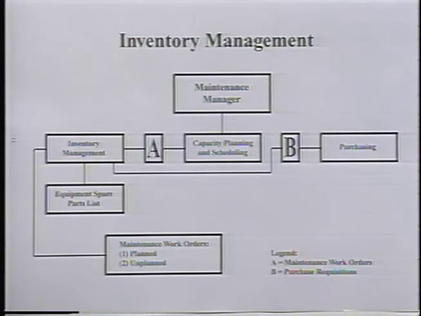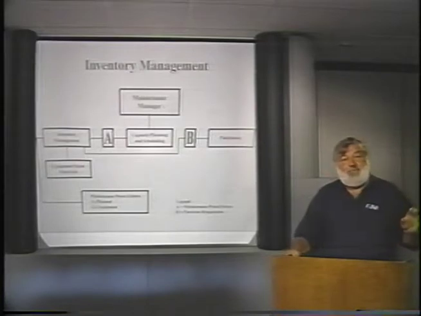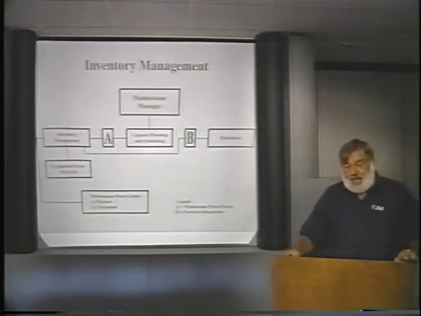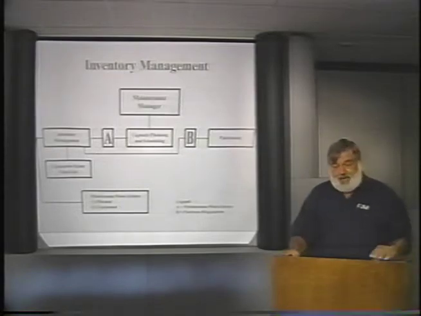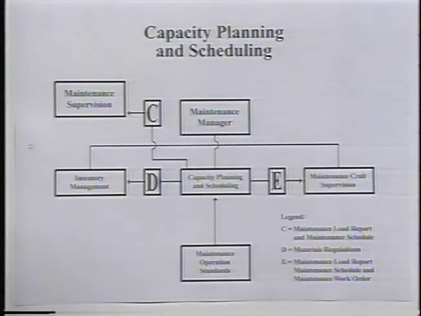Now, the work order is really originated by the 7th function in the maintenance management program, called maintenance work order planning and scheduling. But A is the data that is flowing out of inventory management to that maintenance work order planning and scheduling activity. And if you now turn the page, we'll take a look at that